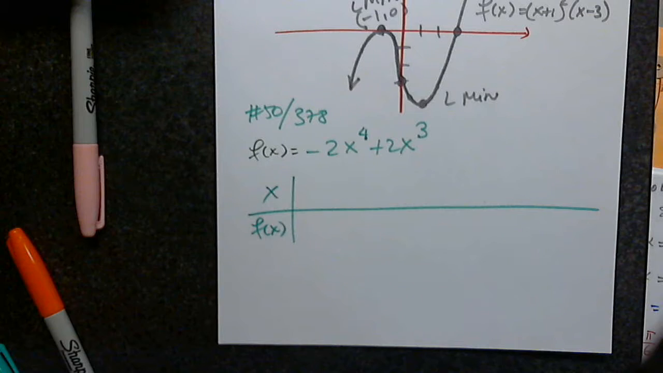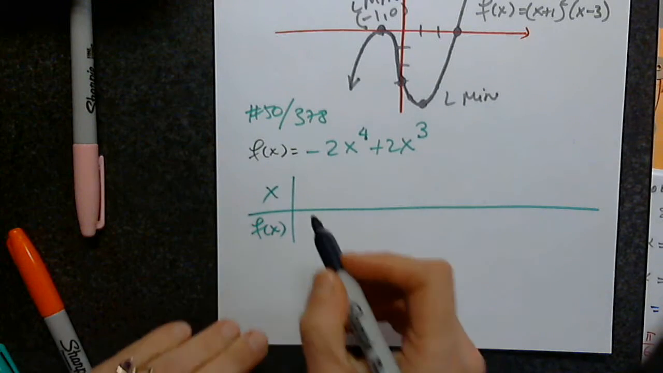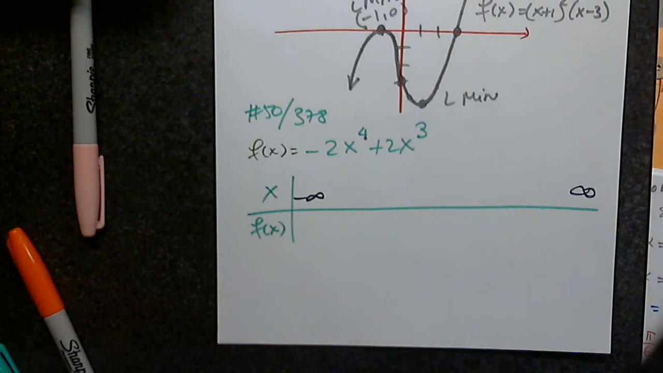Domain. Correct. And end behavior. What degree is this? 4. It means that it's similar to x squared or similar to negative x squared. Which one is it? Negative x squared. Very good. So the end behavior will be